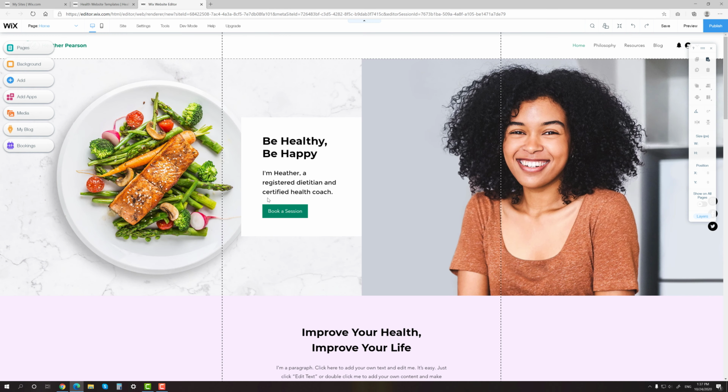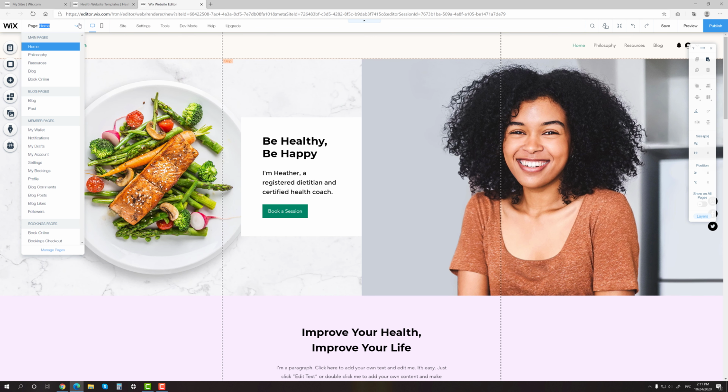After you choose the template, you will be taken to the editor dashboard. It may seem a little bit overwhelming at first sight, but don't worry, I'm going to explain to you how everything works here right now. Let's start from the top bar. First things first, you can navigate between pages by using this drop-down menu.